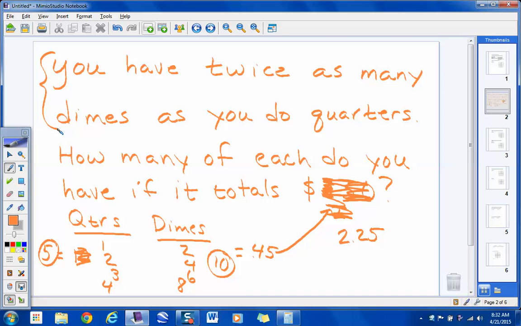That's one set. Then they say, secondly, in this case we changed the total to 225. They say those coins total up to what value there? What did we underline last there? $2.25. Okay. How many kind of descriptions did they give you? In other words, this is one set right here. You know you've got twice as many dimes as quarters. Isn't that one part of the description up here? Then it also says that you have